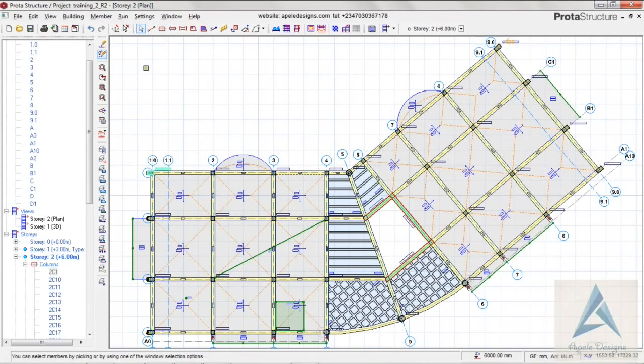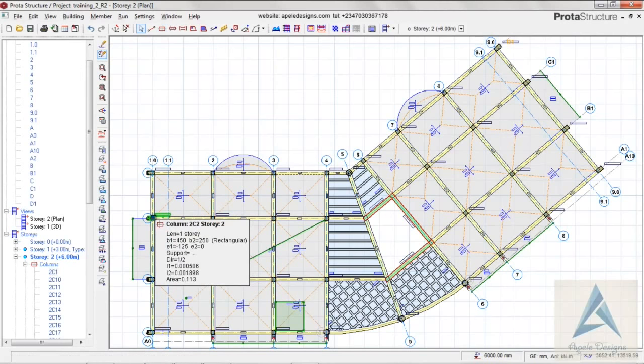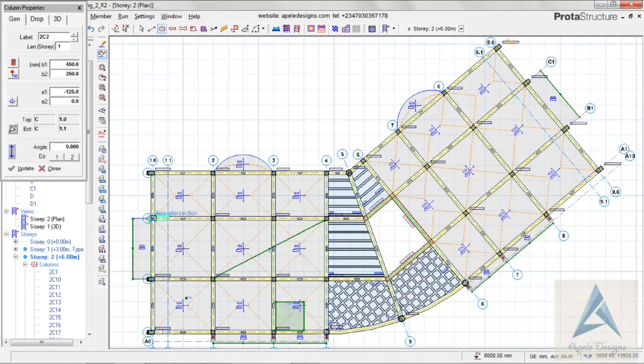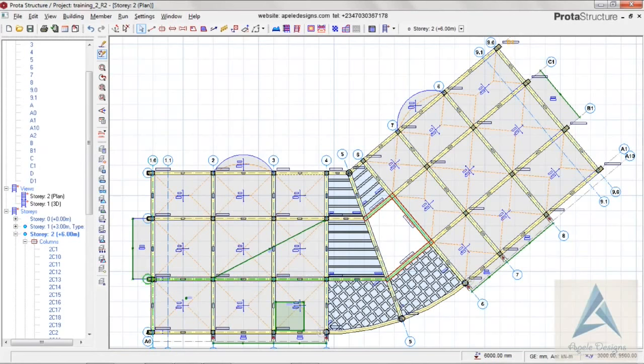close, escape, right click, bottom insertion point, right click, update, close, right click,